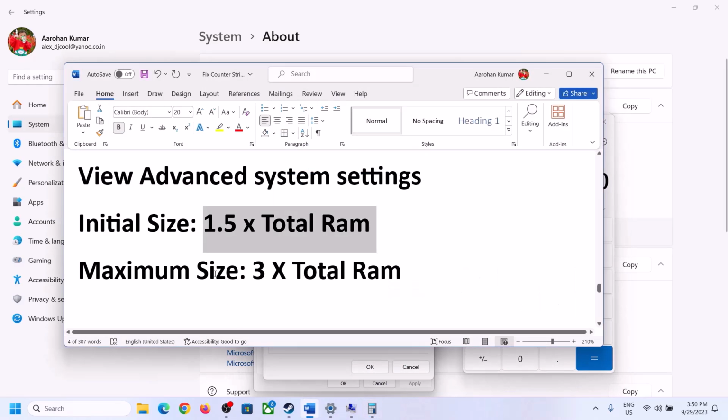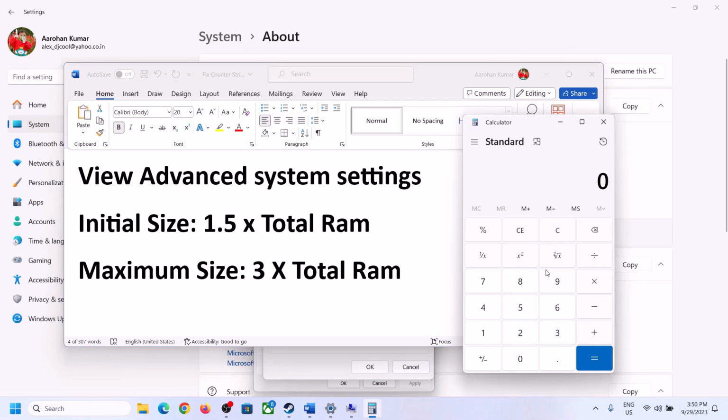Over here it's 1.5 into total RAM. Total RAM in my case is 16 GB. So 16 into 1024, because 1 GB is equal to 1024 megabytes. So 16 GB in megabytes will be 16384. Into 1.5 into total RAM. This is my total RAM in megabytes. Now 1.5 into total RAM, that is into 1.5. So in my case initial size is